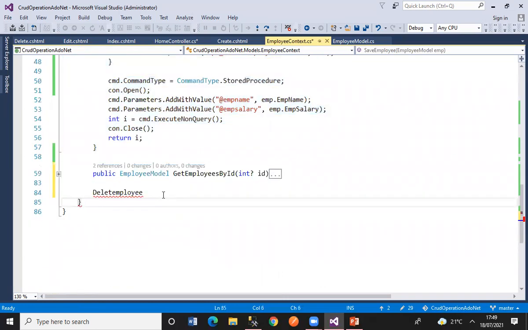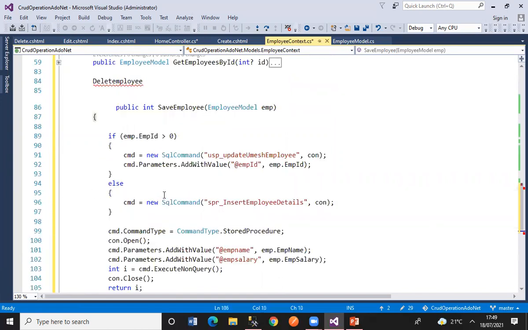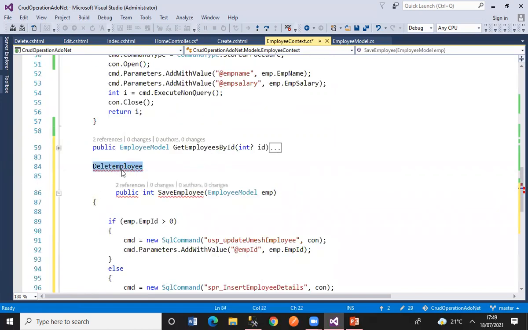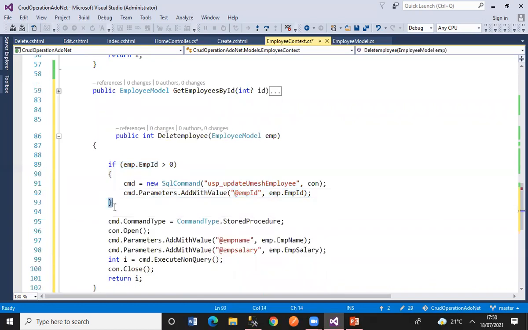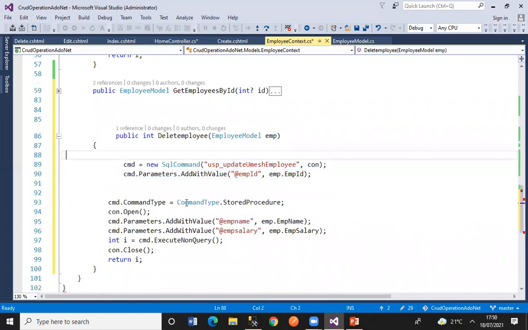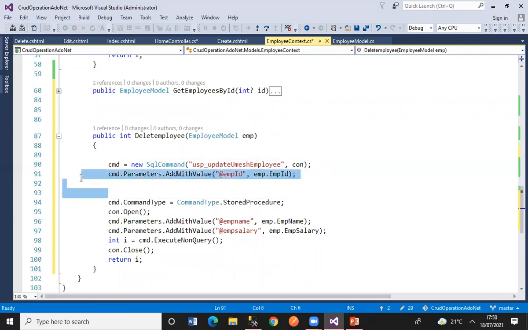Let me copy this, and I just want to replace things. It's very simple, guys. You just need to replace this one with this, and here you're going to pass ID. Obviously, you're looking for only a particular one. If you remove it, you don't require it. So if you see this, this is your particular method.